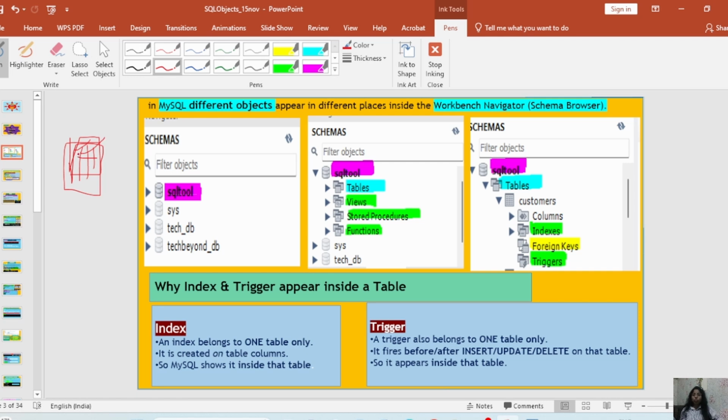And these columns, whenever we are going to improve the performance, we are applying that index or trigger, because index belongs to one table only, and it is created on the table columns. Index means what? If you open the book,